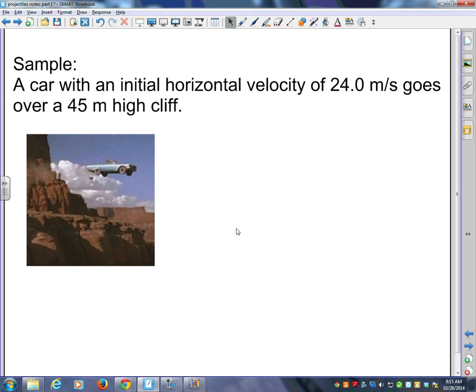Okay, so let's do this one here. Do you want to write this down? A car with an initial horizontal velocity of 24 meters per second goes off a 45-meter high cliff. That's basically it, right? When the car is right there,